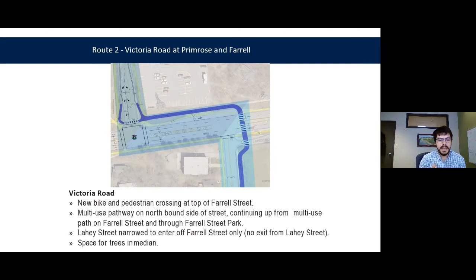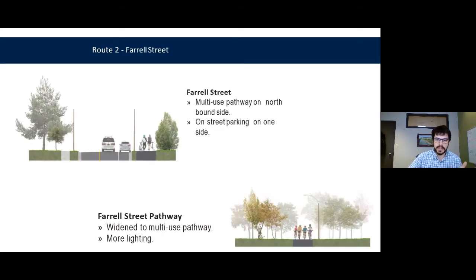point for the neighborhood. We've also made a little bit of a change here at the end of Leahy Street, just to narrow it down a little bit to provide some more space where people are approaching that crosswalk on Victoria Road, to give them a little bit more space there and feel a little more comfortable. And then if we continue on to the next segment, that'll take us through Farrell Street Park, with a multi-use trail along the road for the first little section in front of the Boys and Girls Club, and then the pathway would continue through the park down to